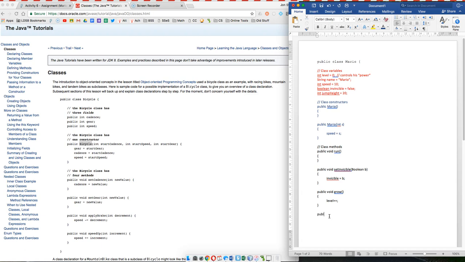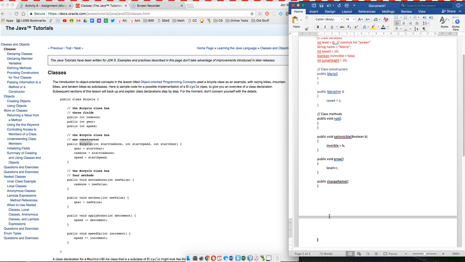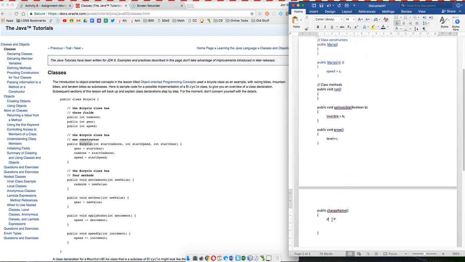And one more method, let's do public, I don't know, change name. Maybe we want to make the game a little different so that when Mario, depending on his level, maybe we change his name. So we go if level equals 1, then maybe we say name is Mario or something like that.